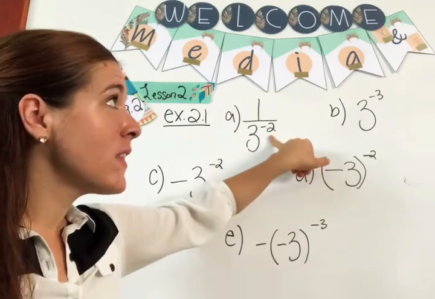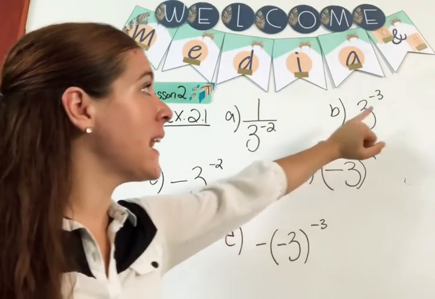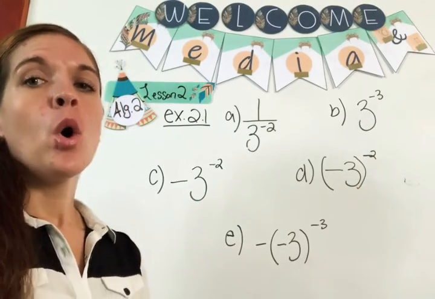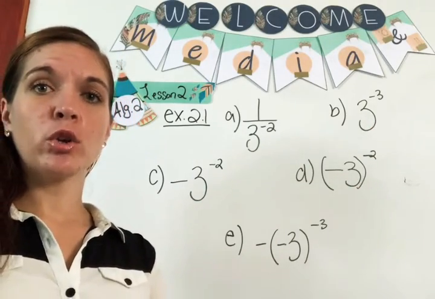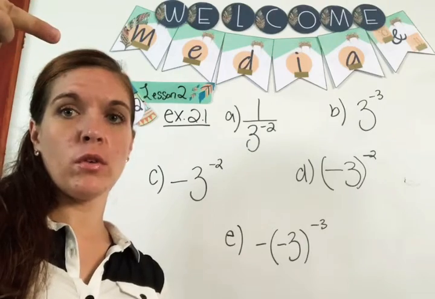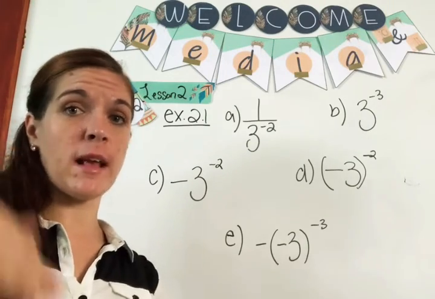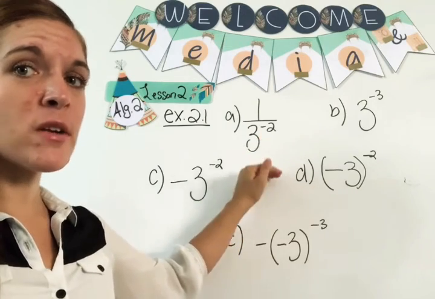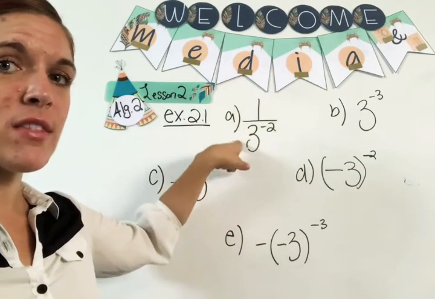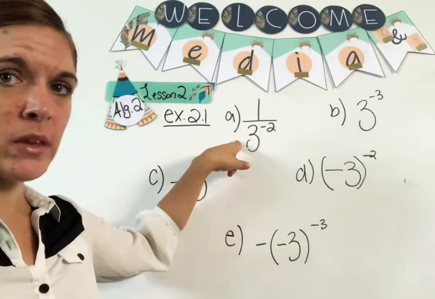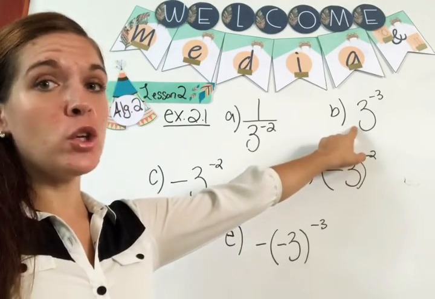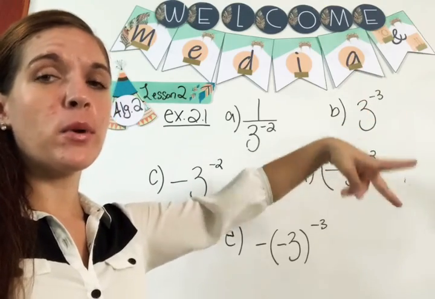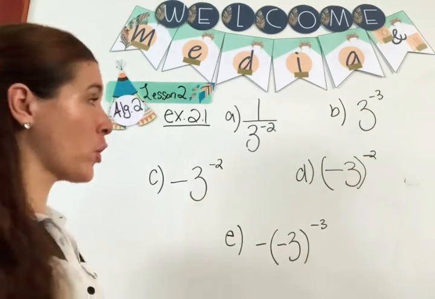There's a negative in the exponent on the denominator and a negative in the exponent on the numerator, because there's an invisible 1 under here, right? Whenever you have a negative exponent, all you're doing is switching from numerator to denominator. So for example, if you find that this is in the denominator with a negative exponent, you're going to flip this fraction to have this in the numerator. If this is in the numerator and it has a negative exponent, you're going to flip it to put it in the denominator. Okay, I'm going to show you how that works. So,